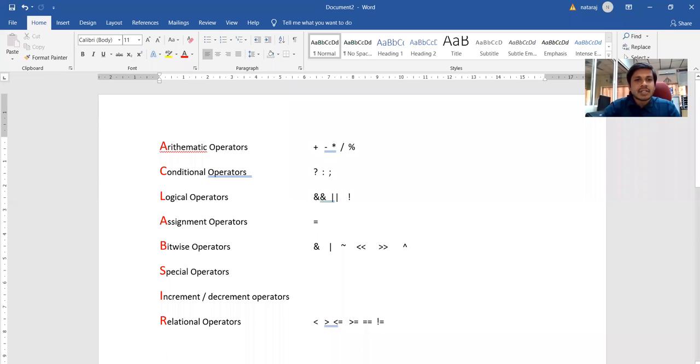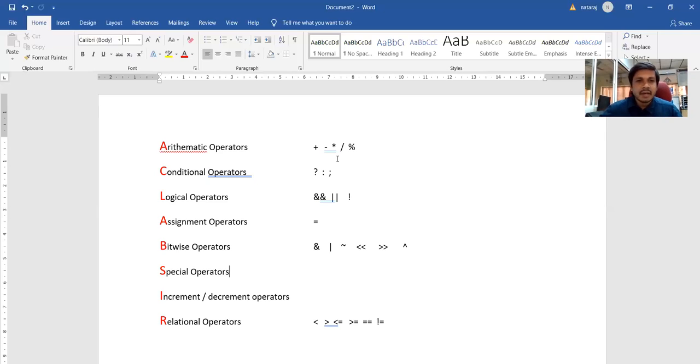These are the different types of operators we have seen in the last class: arithmetic operators, conditional operators, logical operators, assignment operators, bitwise operators, special operators, increment and decrement operators, and relational operators. You can remember these 8 types of operators based on their first letters: A, C, LAB, lab, S, I, R, sir. AC, lab, sir. Okay, they need not be in the same order. You can present these operators in any way, but since they are 8, I thought of giving you a hint on how to remember these 8 types of operators.